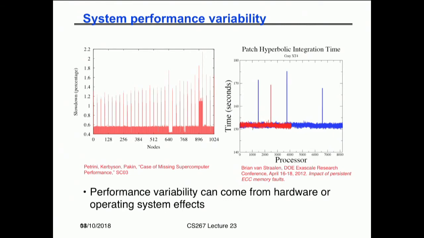So you can just look at this as the relative running time of each one of the processors. If everyone is doing the same amount of work, why do they have a profile that looks like that? I'm not quite sure what was going on in here, but some of these other things are operating system daemons that are waking up on one core of one node of your supercomputer, or actually one node in a set of nodes, and saying this node is going to be responsible for doing a certain amount of work, or there's something else going on, some extra operating system overhead that's being run on a set of nodes over there. So unbeknownst to you, as the user,